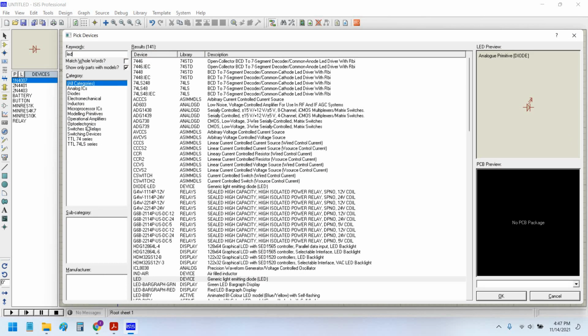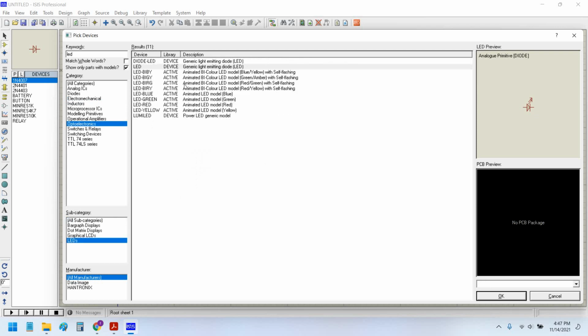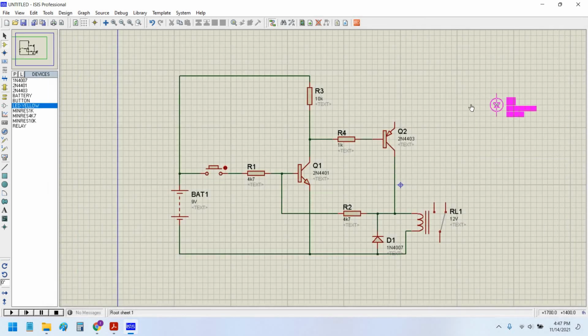LED. As I previously mentioned, I took the white yellow type LED here. So I think the parts are all connected.